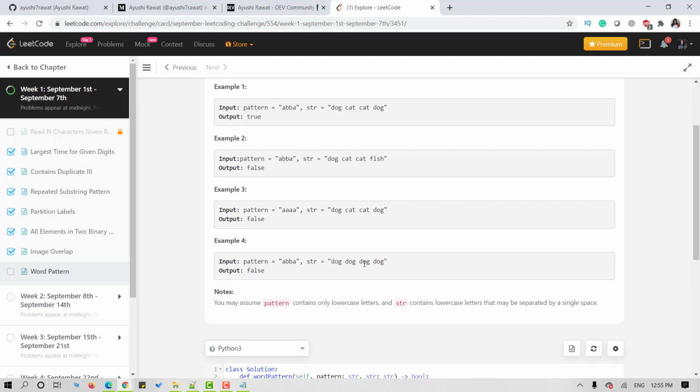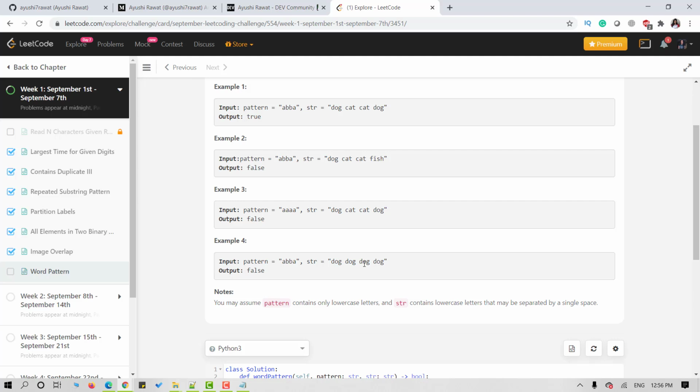A fix for this is to have two hash maps, one for mapping the character to the word and the other for mapping the word to the character, while we scan each character-word pair. If the character is not in the character-to-word mapping, in that case we can additionally check if that word is also in the word-to-character mapping. If the word is already in the word-to-character mapping, then we can return false immediately because it has been mapped with some other character before. Otherwise, we can update both mappings.